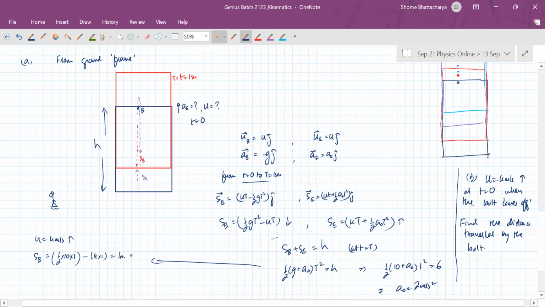It's actually only 1 meter downwards. And the displacement of the elevator during that time is ut plus half at square, so you can see it is 5 meters upwards. And therefore you can see that